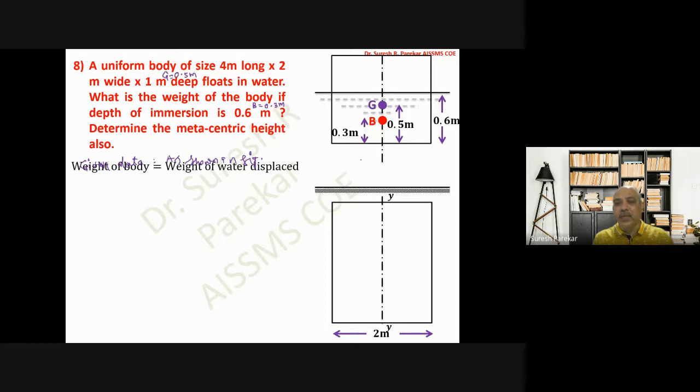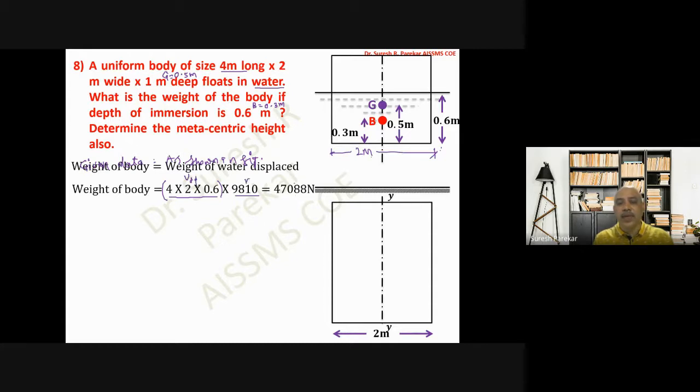area of this. So we have this as 2 meter, we have length that is perpendicular to this, which is given as 4 meter. So 4 into 2, and depth of immersion is 0.6, so multiplied by unit weight, then we are going to get this value that is equal to weight of the body. And as it is given in water, so we have unit weight 9810. So 4 into 2 into 0.6, this is my volume of water displaced, into gamma,